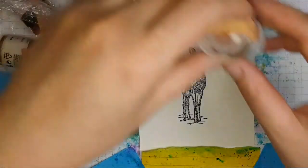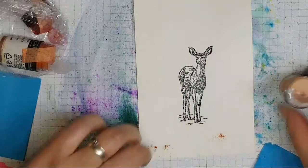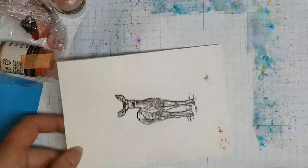Oh, let's go for a bit of granite. Oh, I know what. Let's try it just at the bottom, and then we'll do something else on top. Sorry, further up. So if I...